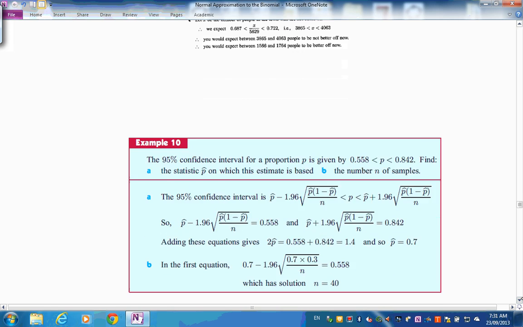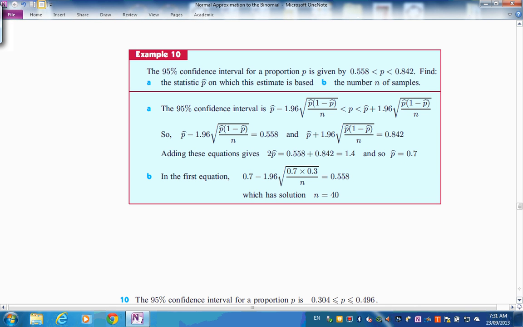Okay, let's go on. What else can we do? All the stuff before with a 95% confidence interval again. So if we're given a confidence interval, find what the sample proportion was and the number of samples. There's the confidence interval formula again, and one end is this, the other end is that. The p hat is in the middle, isn't it? You're 1.96 either side, so all you have to do is add up the two ends divided by 2